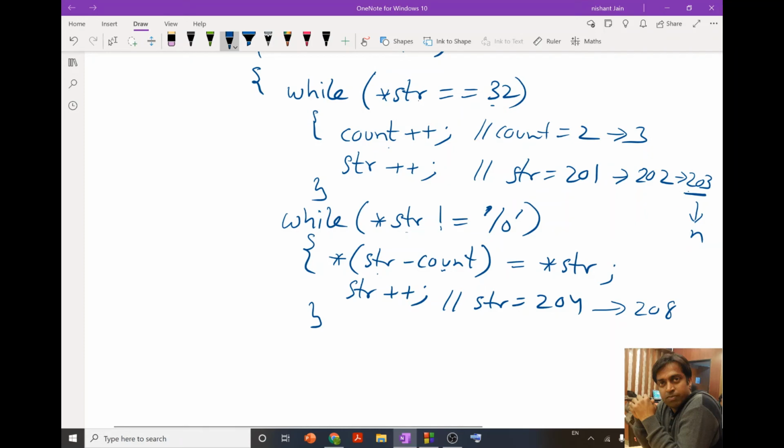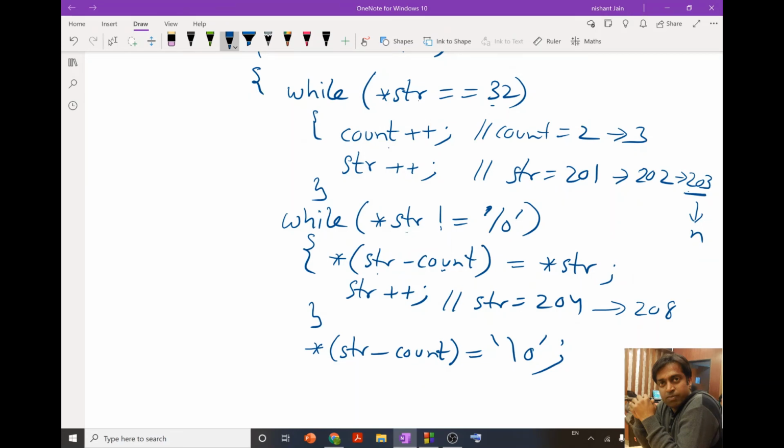Since it becomes false, we will come out of this while loop, and after coming out of this while loop we have to put this, because 208 minus 3 equals 205. So value at 205 should be a null character, because this null character will then indicate that it is the end of our string.